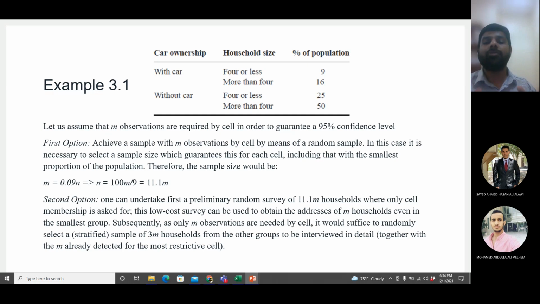Okay, so in the end you will collect 4 times m samples. In the second option, from each category you will just collect m number of samples, so in the end you will have full data from 4 times m samples. So in the second approach, n is equal to 4 times m. In the first approach, you are collecting full data from 11.1 m. Okay, so like I said, you can do it in stages, and you can save the number of samples. You can save your effort.